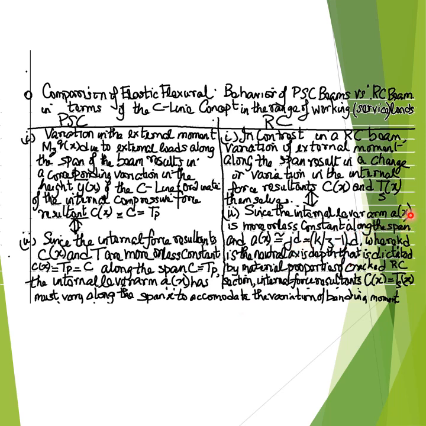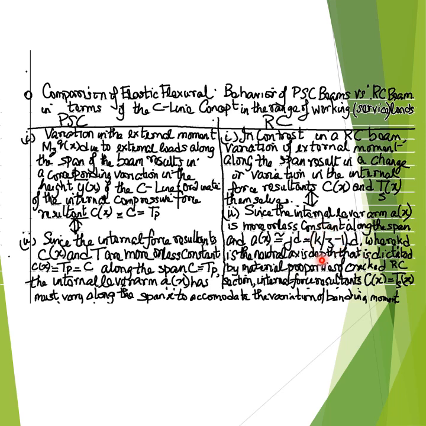Simply because the internal lever arm A, which in general is a function of x, signified by the argument x, is more or less constant along the span of the reinforced concrete beam and is calculated as JD in the notation of the working stress method of analysis of reinforced concrete beams,